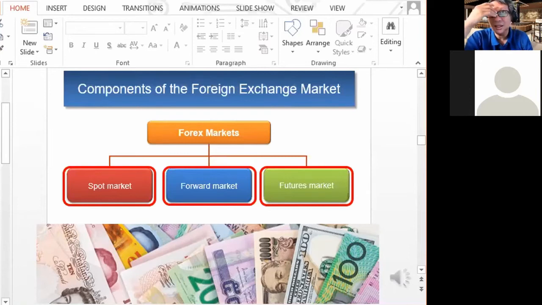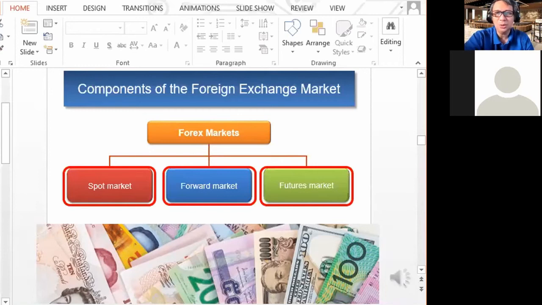Di ba minsan may nakikita kayo sa electronic tape pag nanonood kayo ng CNN or Bloomberg, no? Sa baba mayroong gold, oil, corn, wheat, flour, yun. Commodities yun. They're actually trading contracts based on these commodities futures market. So yun ang pinaka in reality, na hindi naman na-mention sa book actually. Yan talaga difference ng futures market. Wala niyan dito sa Philippines. Sa Philippines, stock market lang. Sa ibang bansa, meron yan, sa US futures market, no?